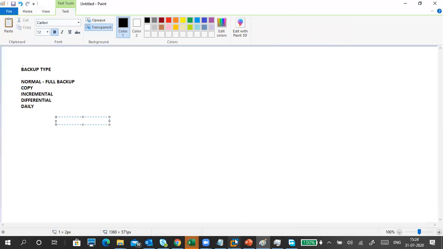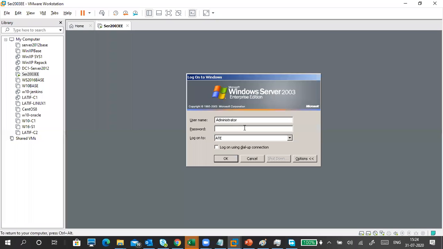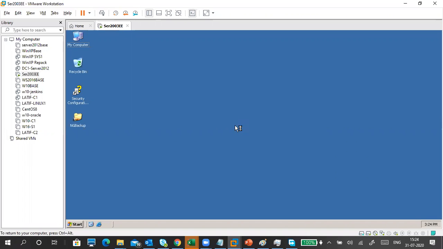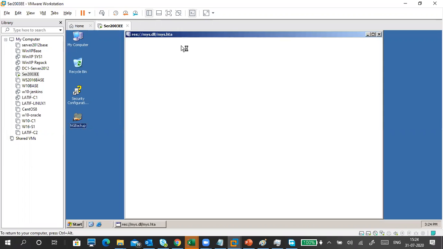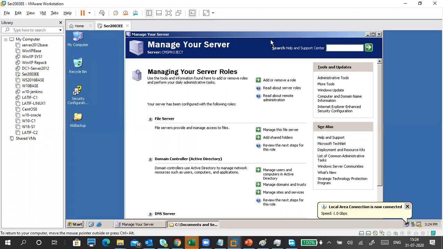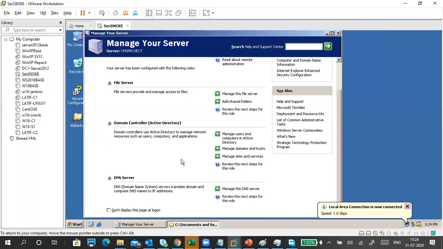So I will explain by showing how these backups work. So I'll press Control Alt Insert, admin @123, working. 2003 is the best for making this kind of backup. What is this? This is a server manager. Have you seen how it looks, and how our server managers look, very big ones? This is very smooth and very cute. And itself, it's a domain controller. Domain controller, DNS is also there.